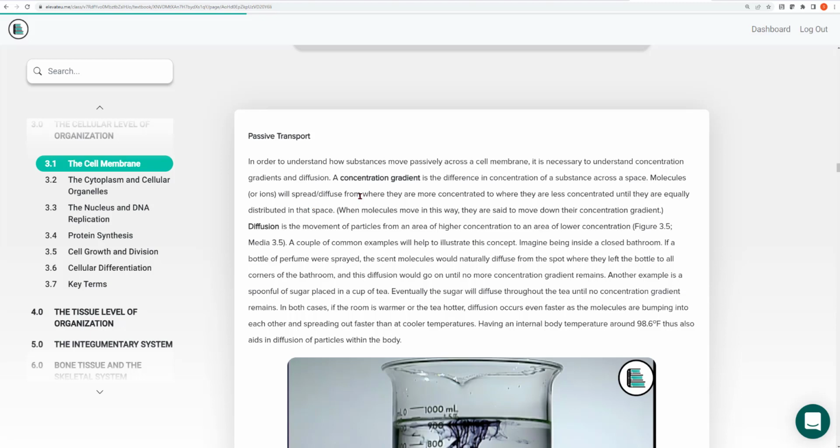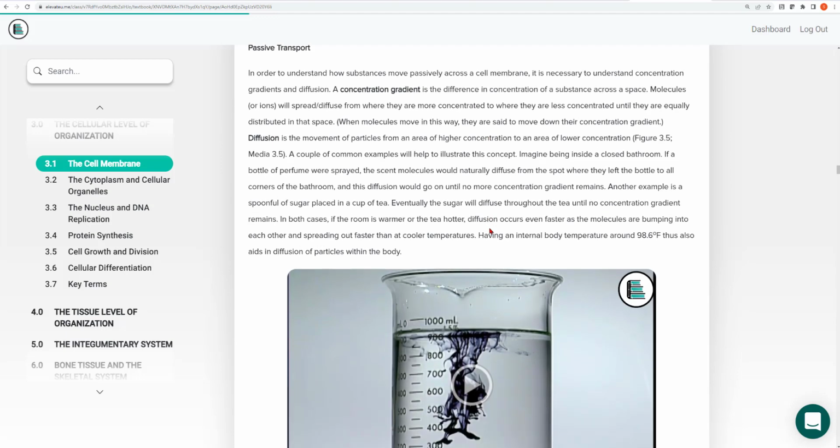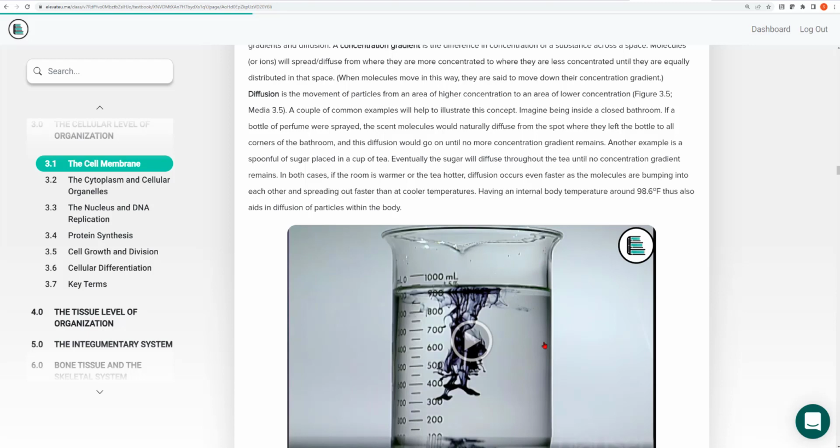All passive transport mechanisms work on a concentration gradient, simply meaning that in one side of the cell, there's a greater concentration of a particular molecule, and on the other side of the cell, there's a different concentration. So let's first talk about diffusion. This beaker video here is a really simple visual description of diffusion. Let me use that without watching the video.